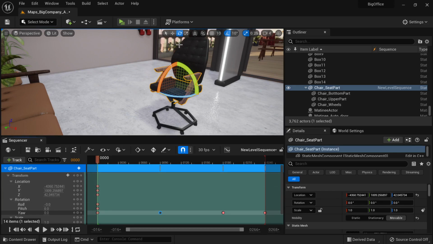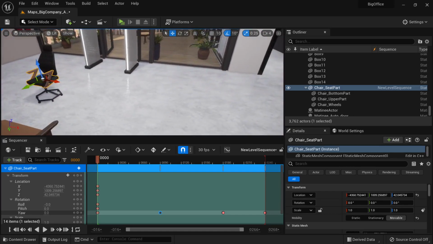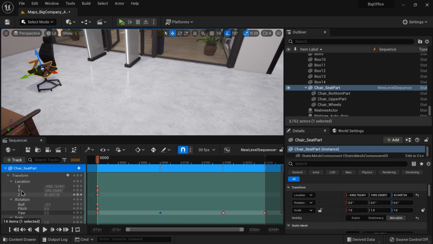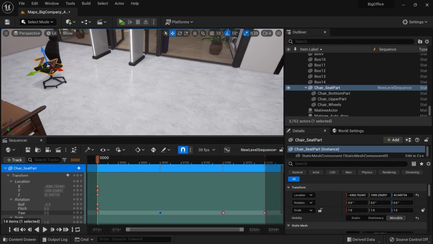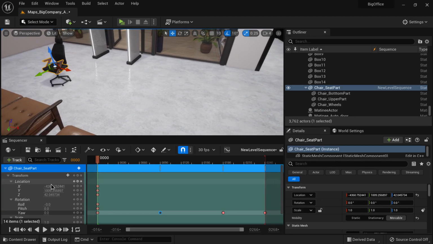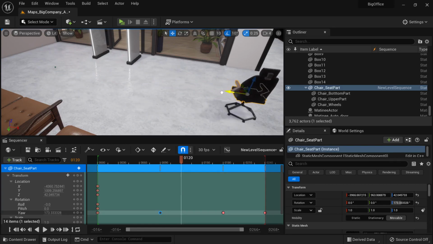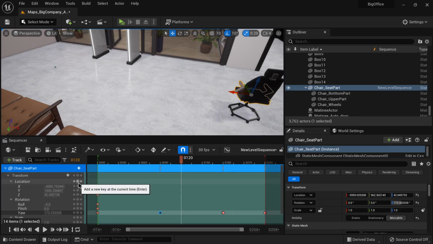So now I will just press W, or I can just click this button over here to get our location icon, and I can actually mix the rotation animation and the location animation. So right now the X is this much, and suppose at 120 frames I want this to move over here. I will record my current location. And now at the end,